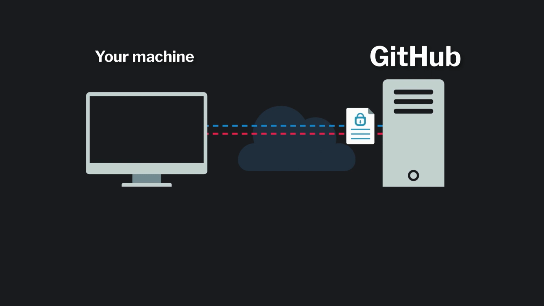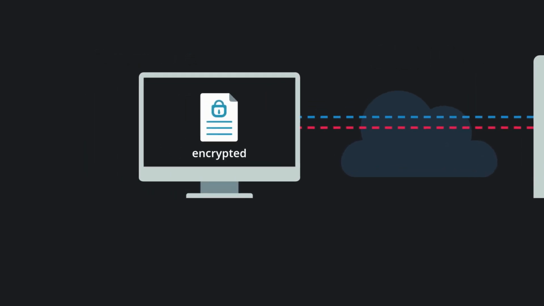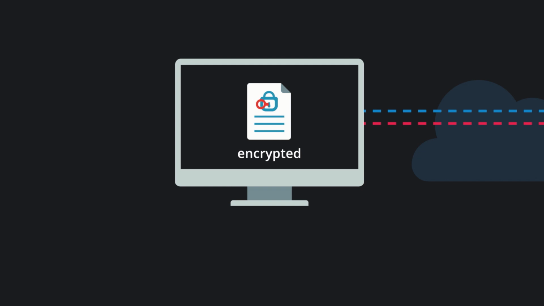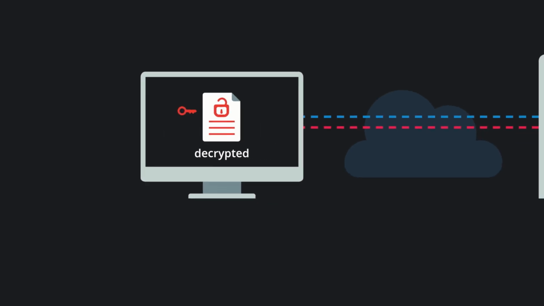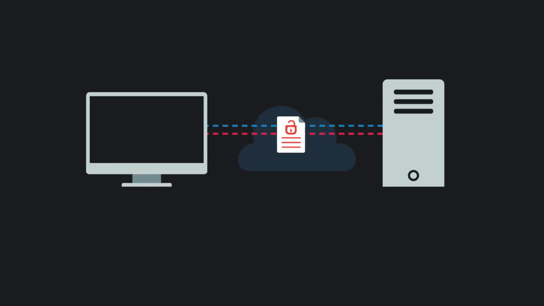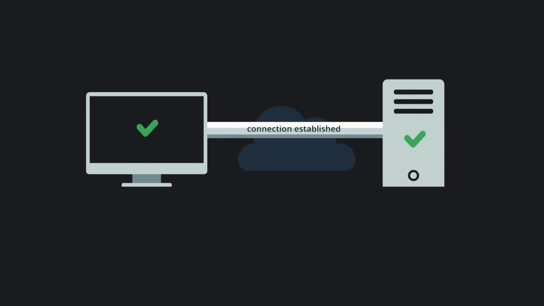GitHub, acting as the SSH server, then creates a challenge which is encrypted by the public key and sent back to you, the client. So it's sent to your computer. You as a client then take the challenge, your machine will decrypt it using your private key, and then send the original challenge back to the SSH server, so in this case GitHub. And once this negotiation is complete, which happens in seconds by the way, the connection is established and you can get to